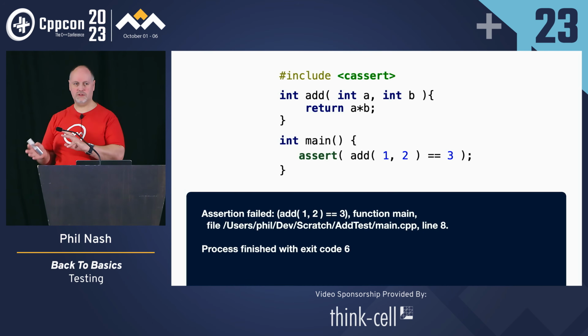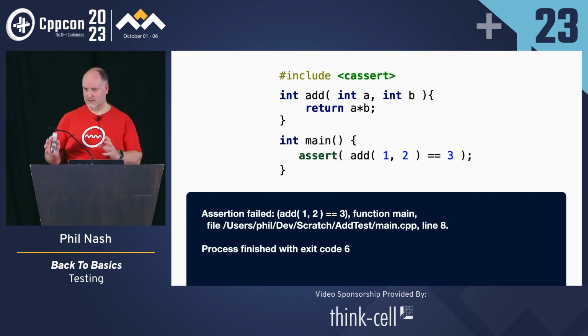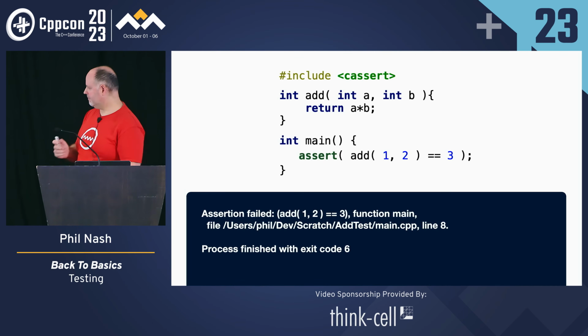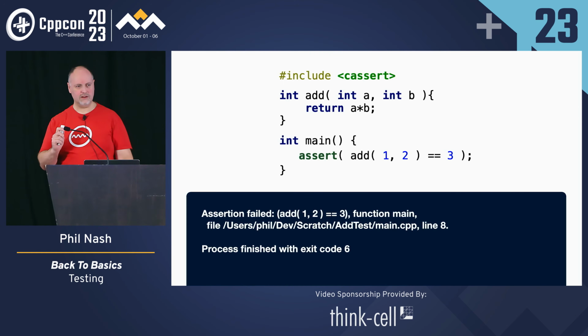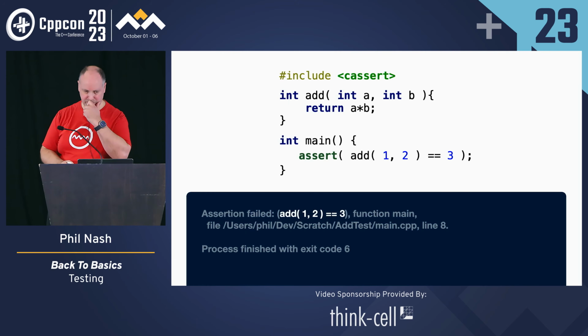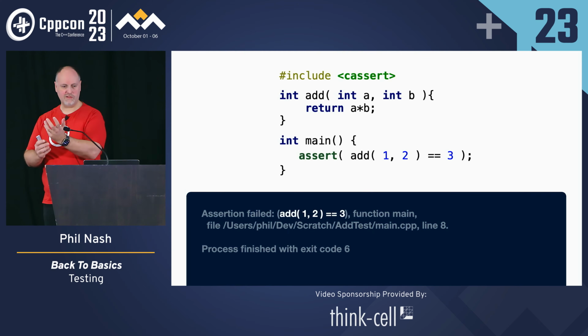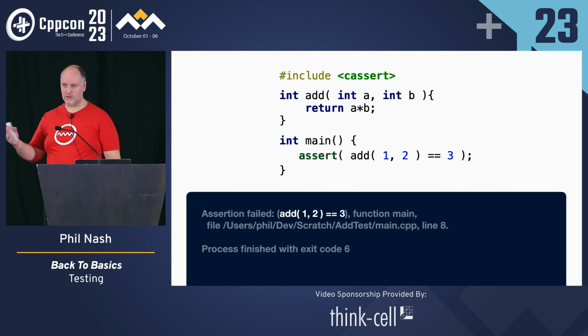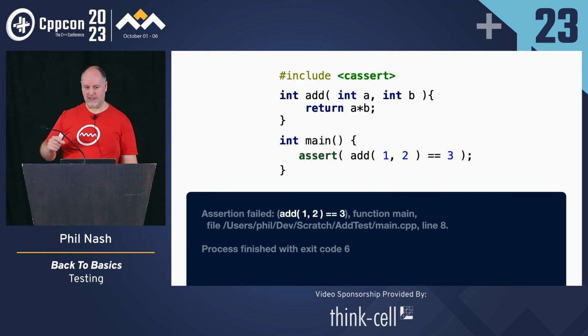Now, that output is very implementation specific. The things you get on there will vary. But this is actually not bad. So we can see, first of all, we've got the expression you wrote originally, the add 1 and 2 is equal to 3. It's captured there in the output.